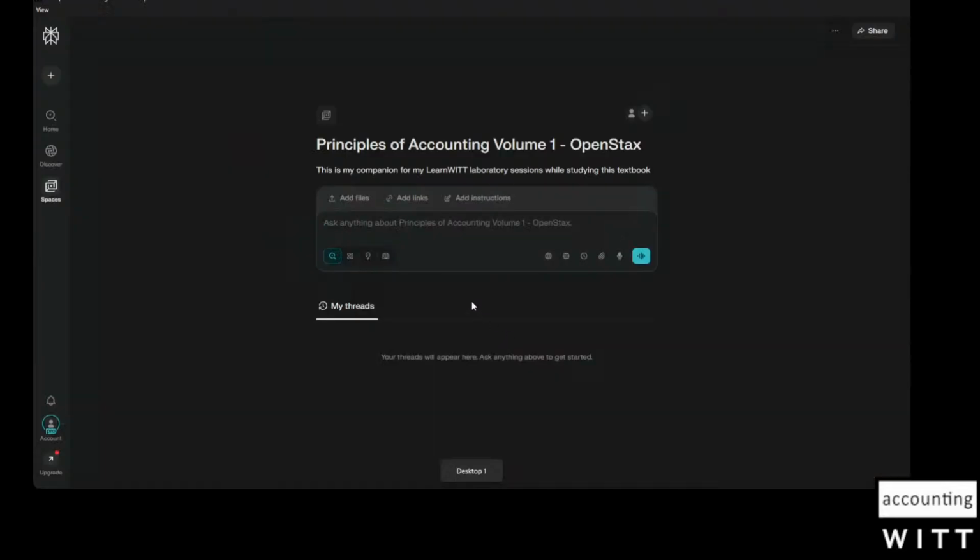So I've got this Perplexity app. I created a space for Accounting Wit, and I'm going to think out loud what I'm trying to think about right now. So I'm trying to think through